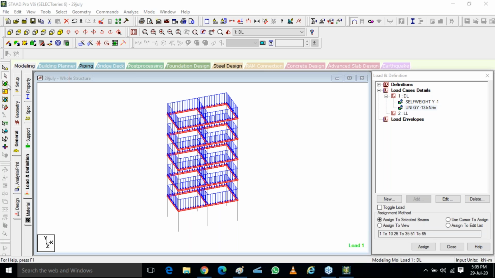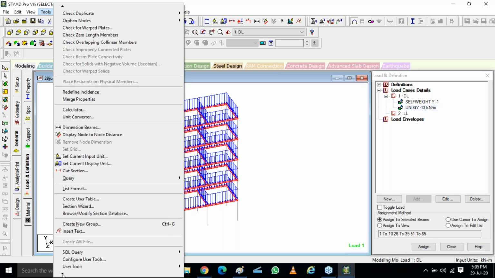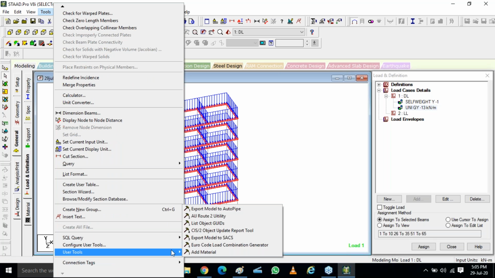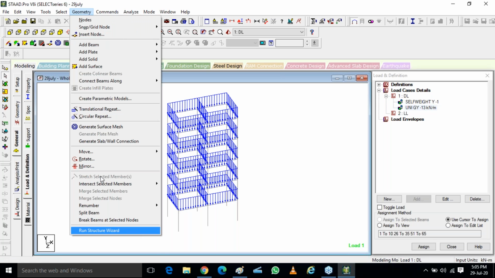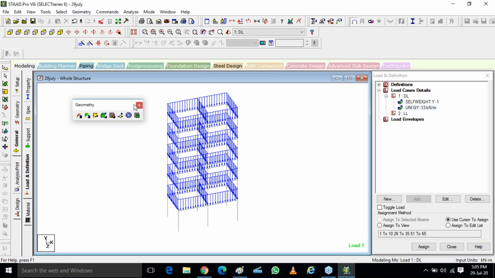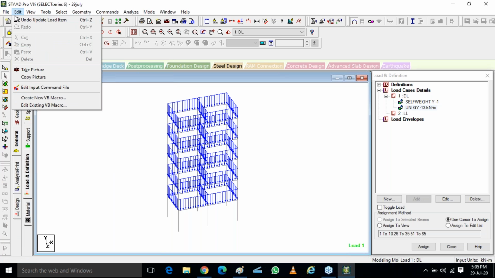Okay, the top one, a few tools are not visible to you. I have to search it out, because you might have closed the geometry toolbar and all those. I have to search from where you can see it in view. There is some command in which you have to just tick mark.